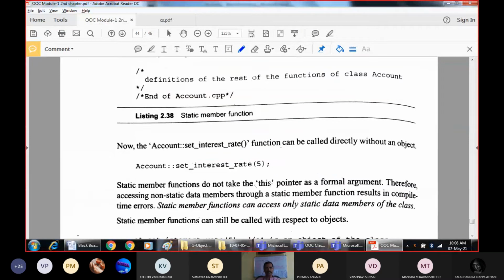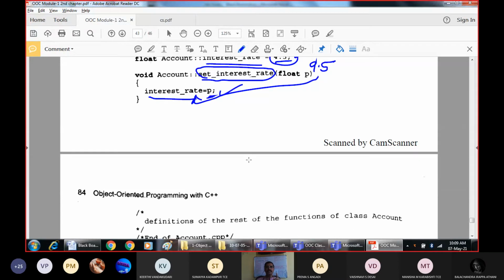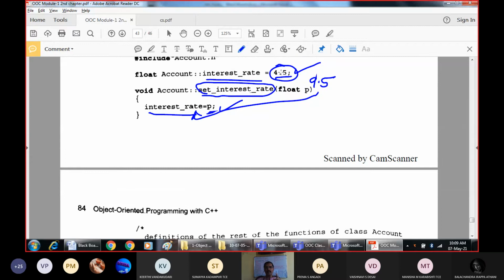This is how we are calling that static member function. The static member function, which belongs to the account class, is being called here. Invoke the static member function set interest rate by passing 5 as the parameter. Earlier the interest rate was 4.5. Now the interest rate is being changed to 5.